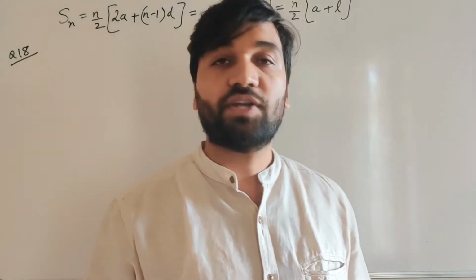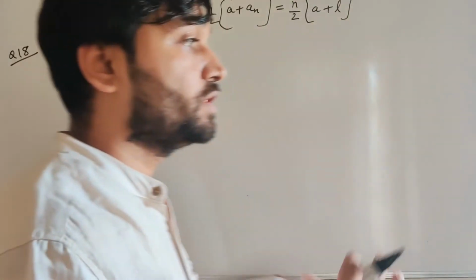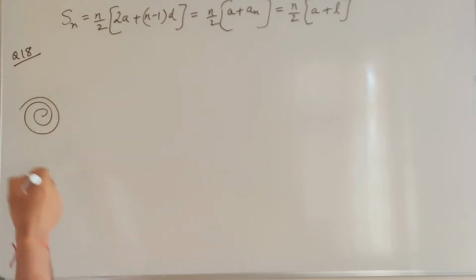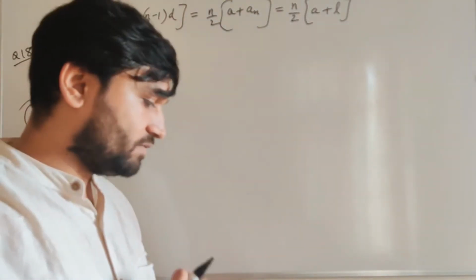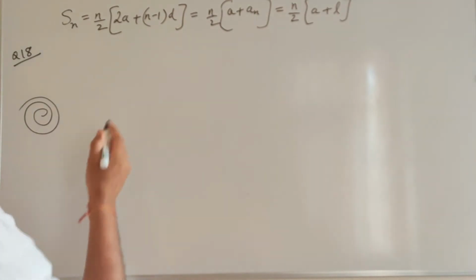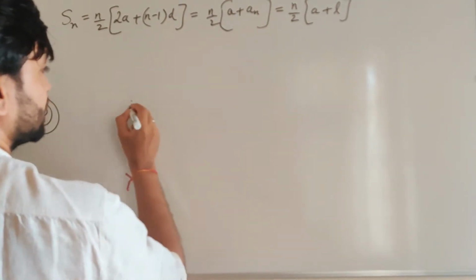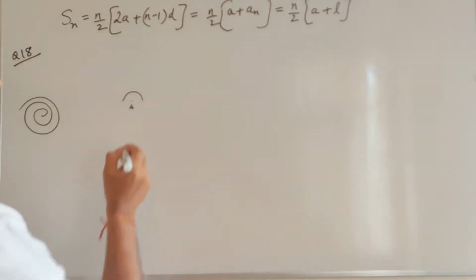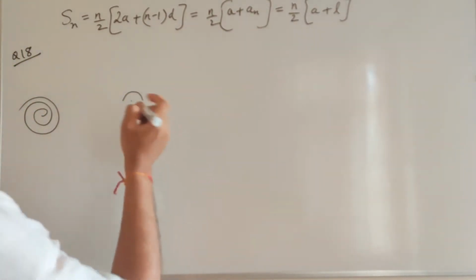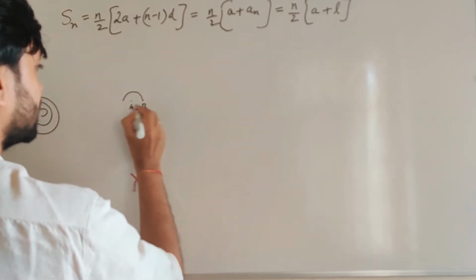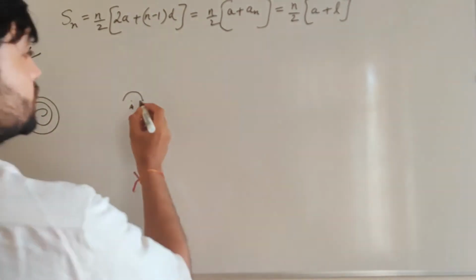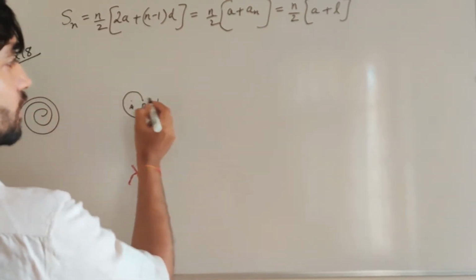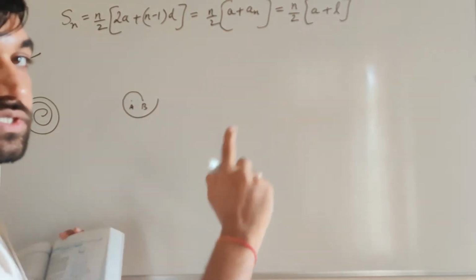So first let us try to understand the diagram here. They're talking about spiral. So the shape of spiral is like this. Alright, so we have the diagram given in the question. What you're doing, first you're taking center A, and using the center A, you're drawing the first spiral. Now alternatively you're drawing spiral. So now you're taking center B. So using center B, you're continuing this spiral. Okay, now what you're doing, you're changing the centers alternatively.